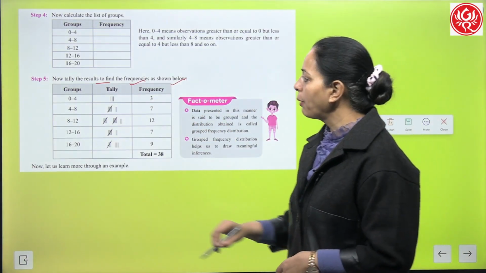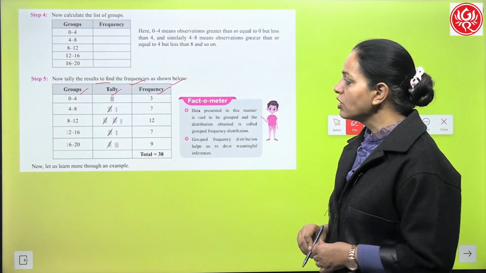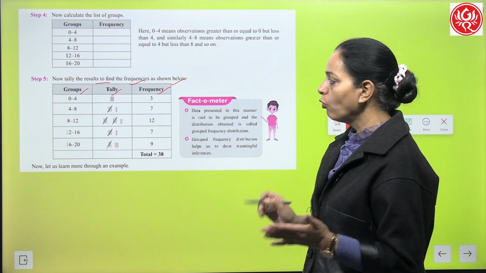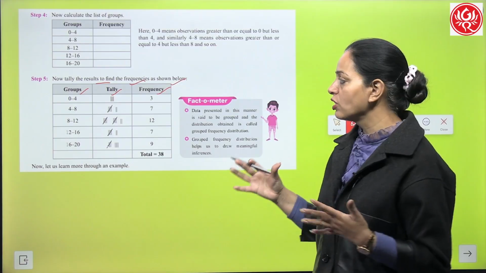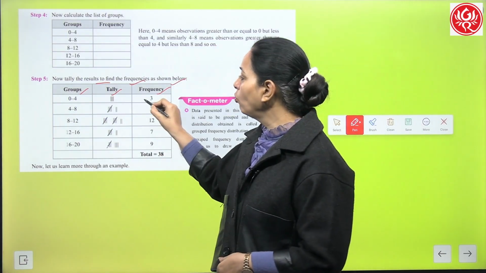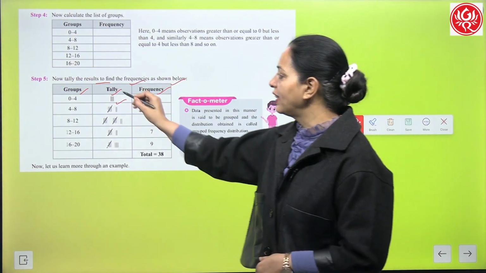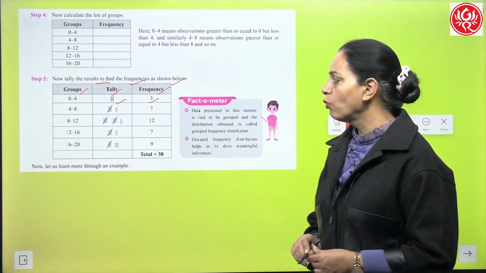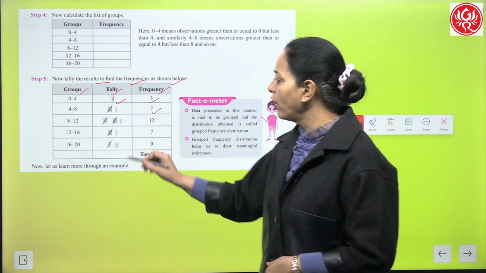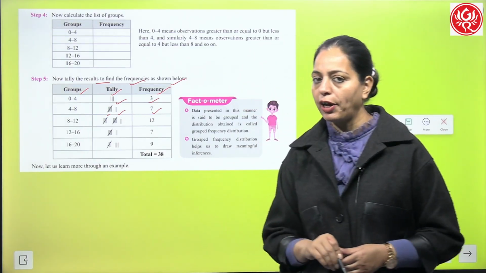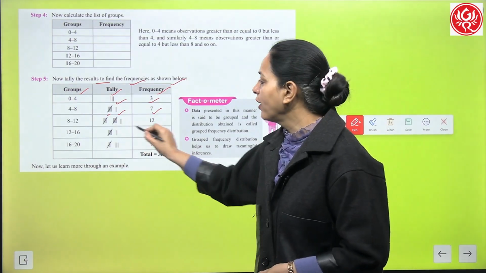अब हम देखेंगे हमारे पास ग्रुप्स हैं, टैली मार्क्स हैं एंड फ्रीक्वेंसी है. नाउ 0 to 4, 0 और 4 के बीच में कौन कौन सी वैल्यूज हैं, हाउ मेनी टाइम्स, सो यू हैव टू जस्ट फाइंड इट आउट. Suppose 3 numbers are there, so frequency is 3 and tally marks like this. Okay, 3 vertical lines. Now 4 to 8, here 7 numbers, so here 5 and 2, one bunch of 5 and then 2, right? Then 8 to 12, here 12